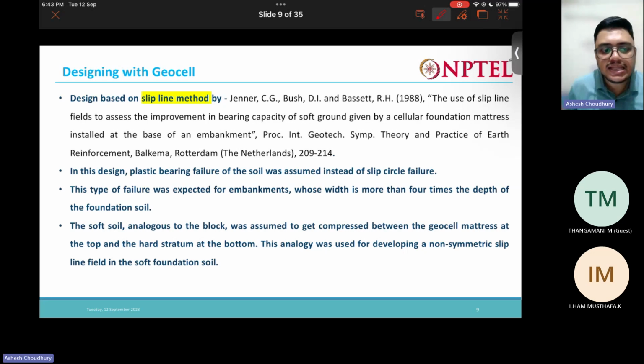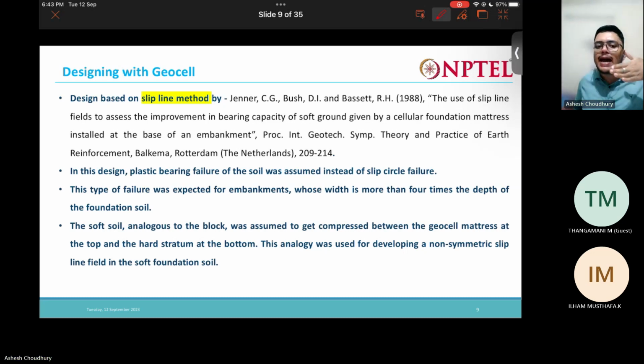Now, in this design, the plastic bearing of the soil is used instead of slip circle failure. Generally we assume a slip circle failure. And what is this slip circle failure? It is nothing but a limit equilibrium technique. In the limit equilibrium technique, what we assume is that in the slip circle, the soil